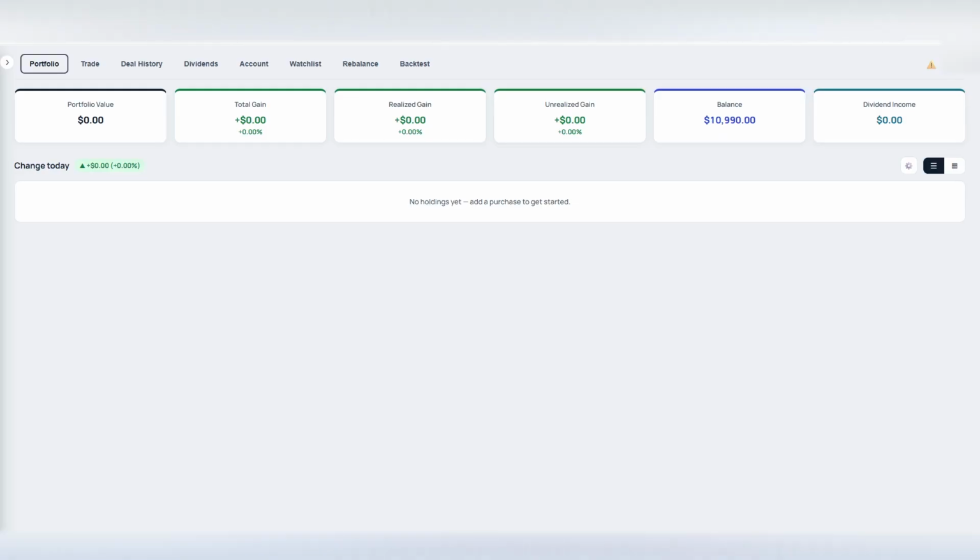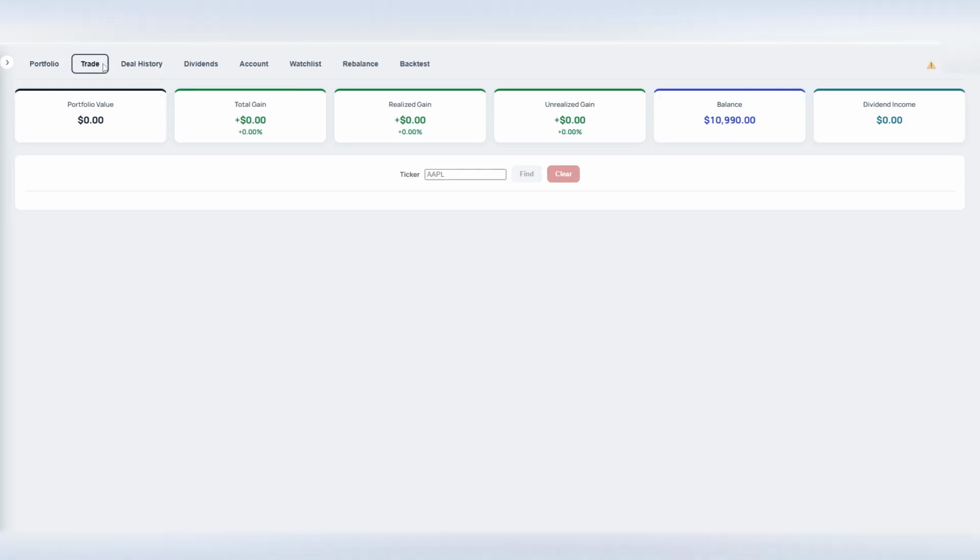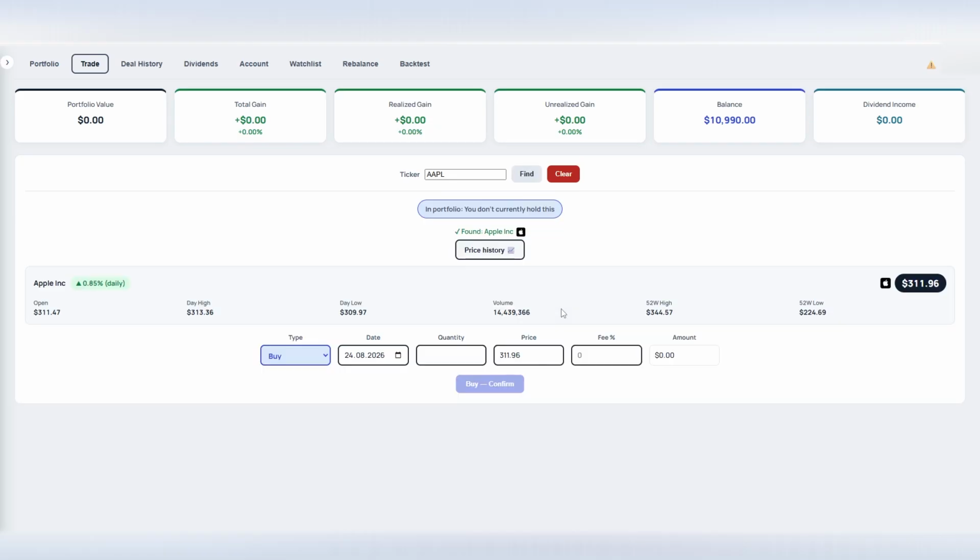Now let's talk about how to buy a share. The easiest way is on the Trade tab. Just enter the ticker in the field and click the Find button. After searching, you immediately see a few things. First, a blue in portfolio badge, it tells you right away whether you already hold this stock, and how many shares. Below that, a green checkmark saying Found, Apple Inc., with the company logo,